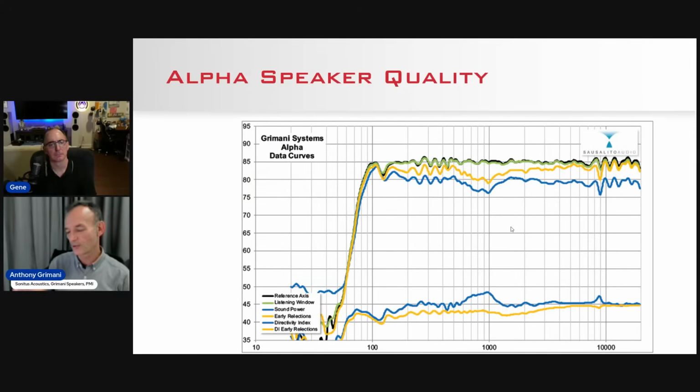So here's an example of one of the speakers we make. And that chart is now standardized in the industry. It's an Audio Engineering Society standard, and I'm working to make it a CTA and CEDIA standard. But in that,